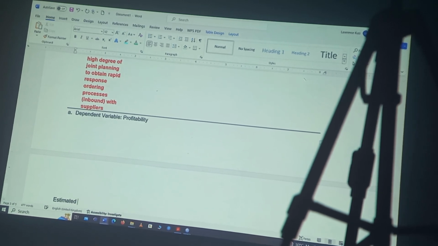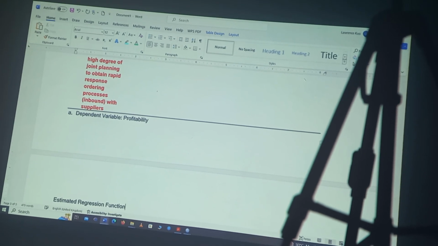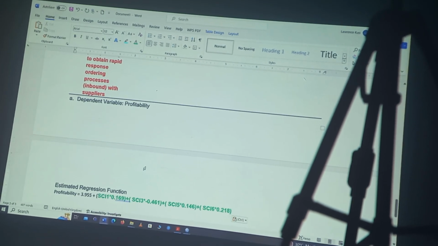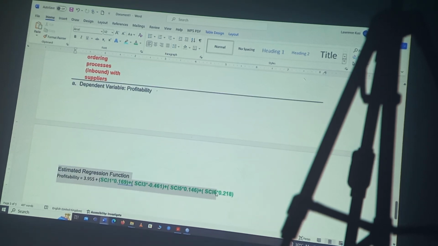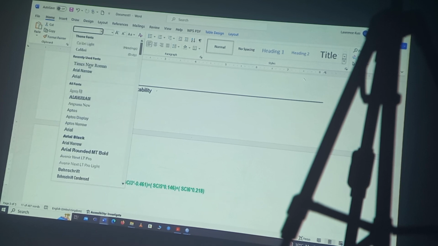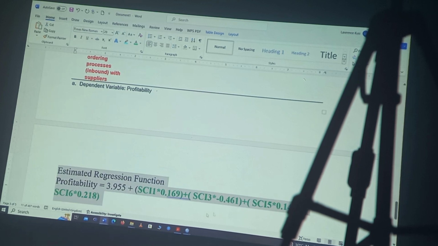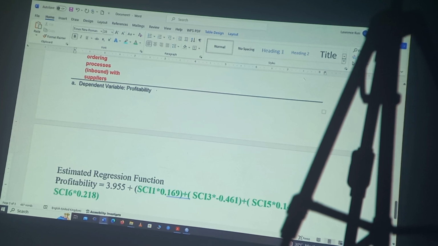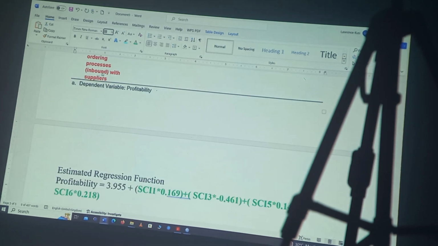The estimated regression function is given by this. So we look at the function. This is the estimated regression function, simplified, and this is multiple